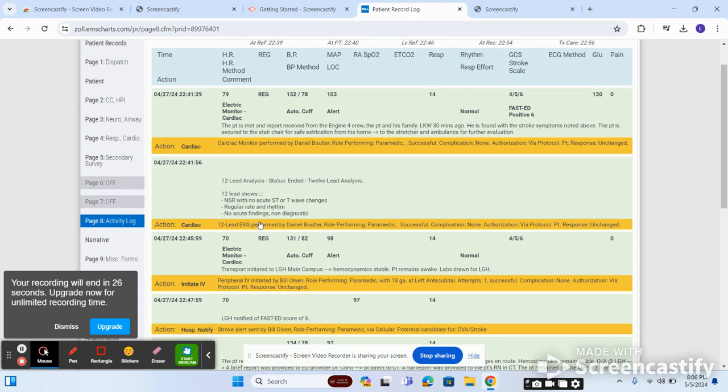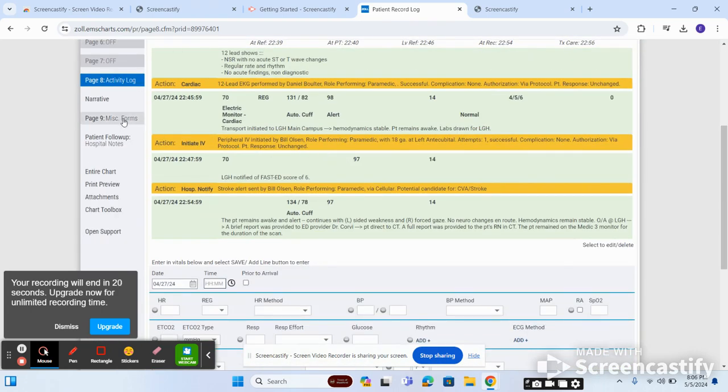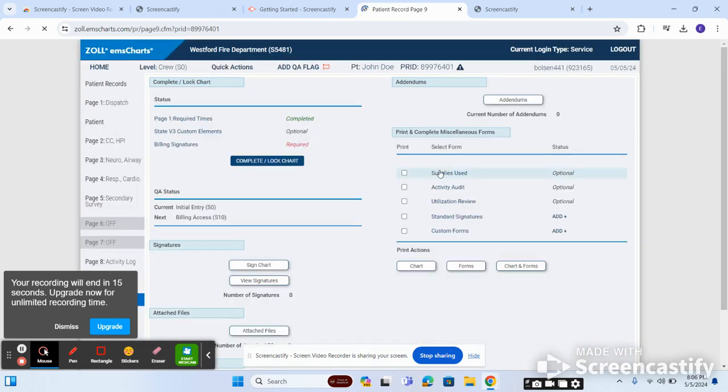We've got about 25 seconds left on this recording. And you can see up here that I have no current errors. If I needed to get a signature, we're going to go to miscellaneous forms right here. The patient can sign on the screen or a staff member can sign on the screen. It's going to be standard signature right here. So we're going to